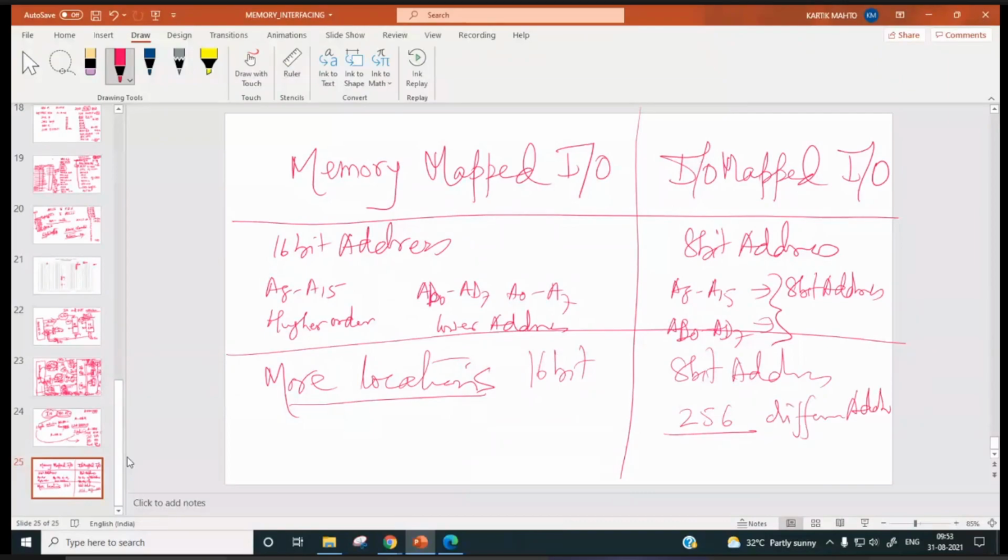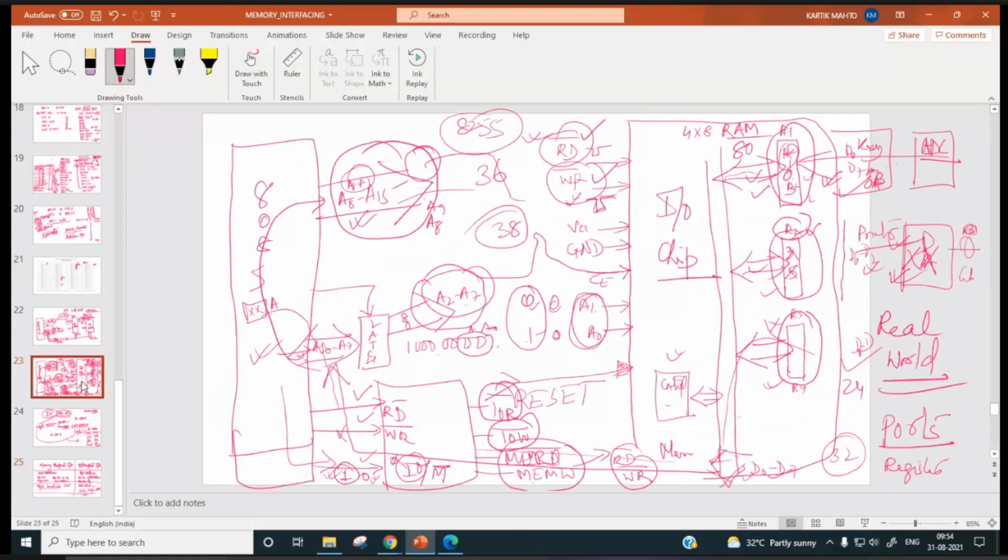Since it is a 2-byte instruction, this inputting instruction will be executed faster. But data transfer will be faster or not, it depends, because this data transfer will depend on how fast the input device is putting new data over here. Internally, this is similar to a memory chip only. But the instruction will be executed faster.